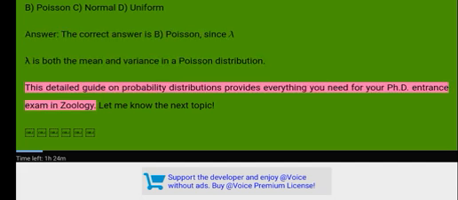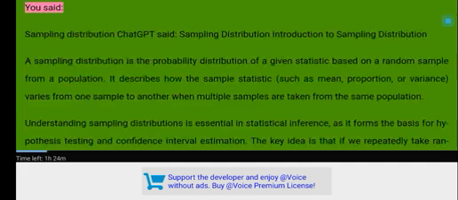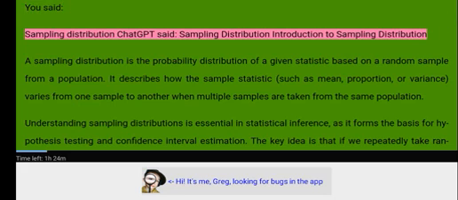This detailed guide on probability distributions provides everything you need for your PhD entrance exam in zoology. Let me know the next topic. You said: Sampling distribution. ChatGPT said: